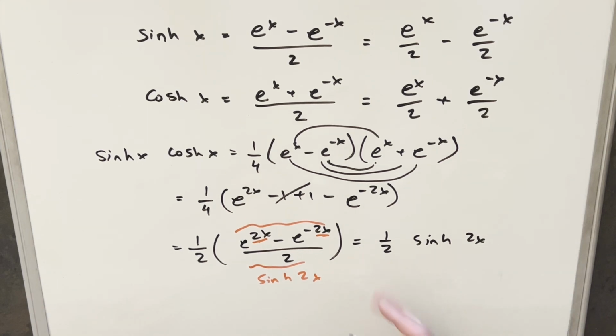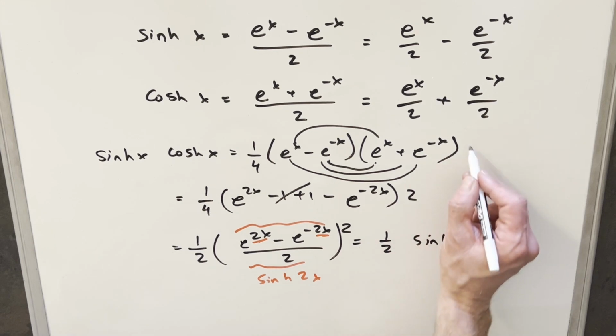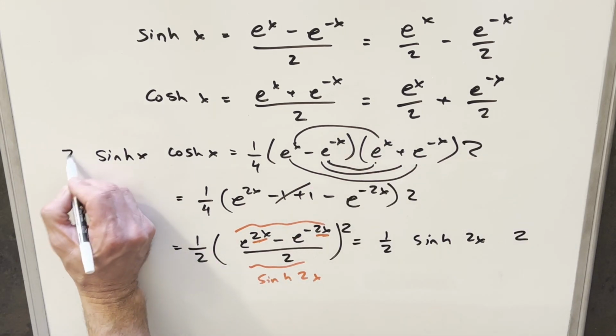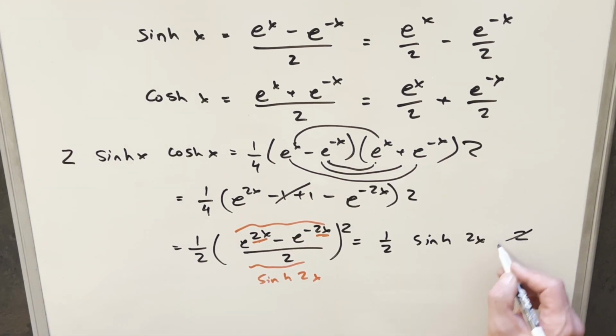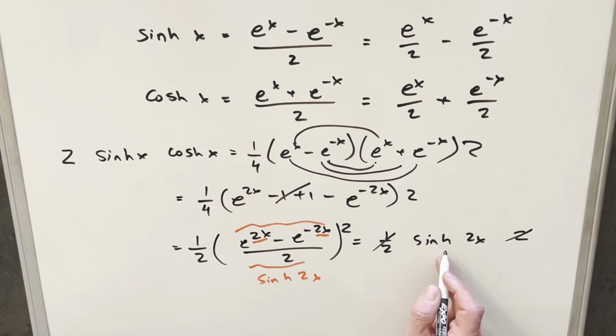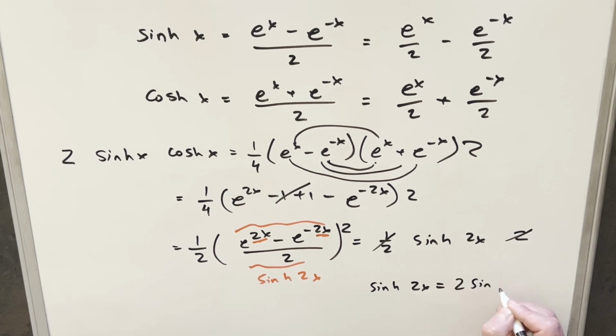But now to get rid of this 1/2, I can just multiply by a 2 here. Of course, I have to multiply by 2 everywhere, but we're not really interested in this. I can just multiply 2 here. And then what's going to happen is 2 is going to cancel with 1/2. And so we have this identity here that sinh of 2x is the same thing as this thing, 2 sinh